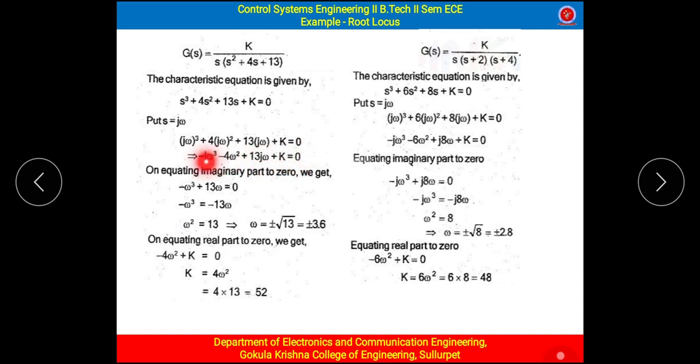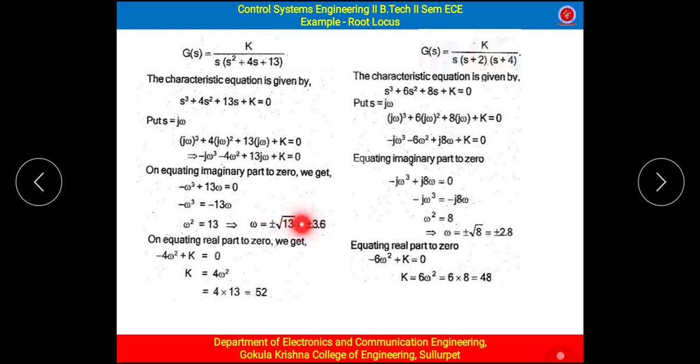In this expression we will get real as well as imaginary parts. Take the real part and make it equal to 0. Calculate that omega,